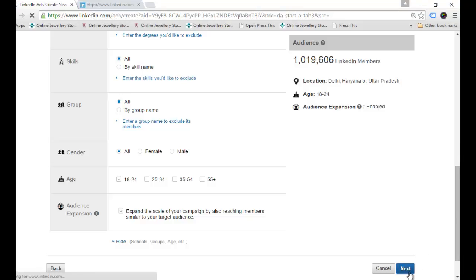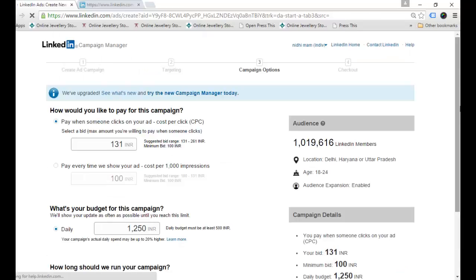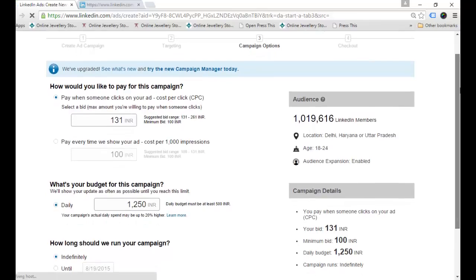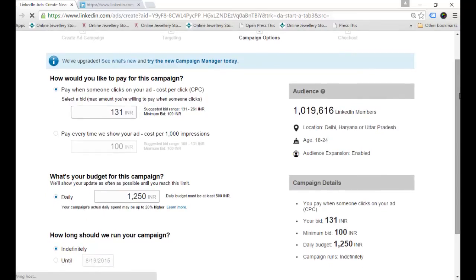I had created my ad campaign, I had created my ad. Now after that, we are here for the bid. How much bid do you want to apply? This is the main thing: LinkedIn is more costly as compared to Facebook and Google. If you look at the screen, the minimum bid required for one advertisement is 100 rupees. You can't run an ad for less than 100 rupees. So it's very costly. I'm just entering 105 rupees